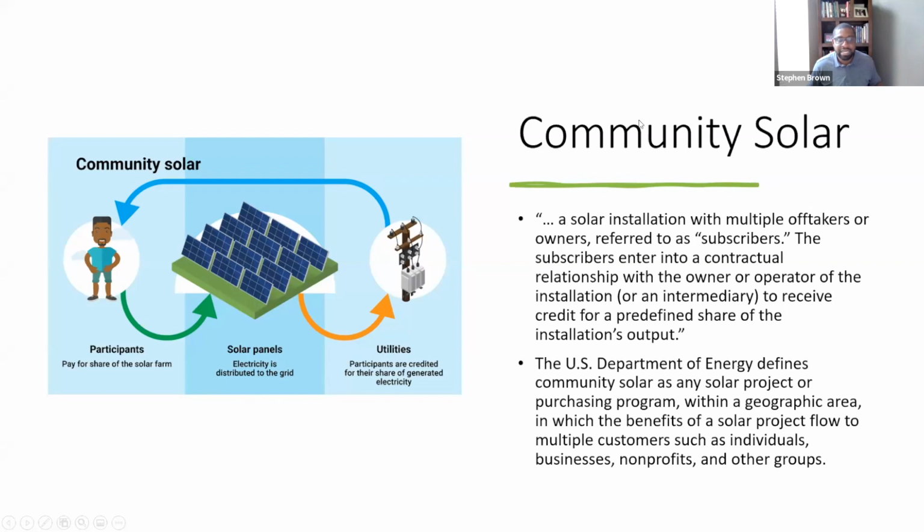Essentially, the idea is that you are purchasing access to a solar facility at a rate per kilowatt hour that is less than or competitive with the retail rate, and then whatever power you use is behind your meter. Whatever you don't use goes back to